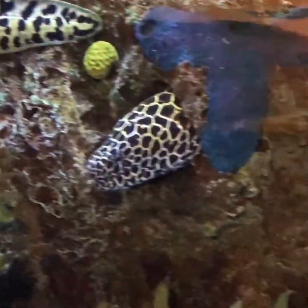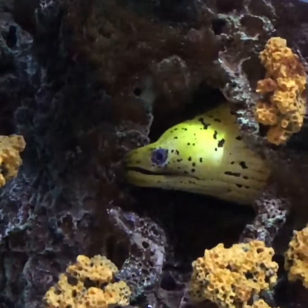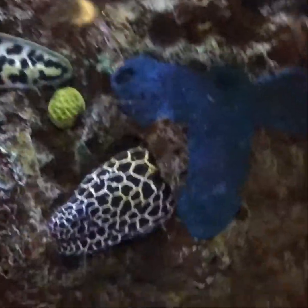Oh, there are eels. These are eels. Look, dude, here in the holes. I know. Those are the eels. Honeycomb moray. This one is the honeycomb moray